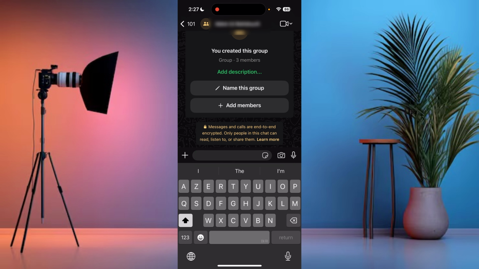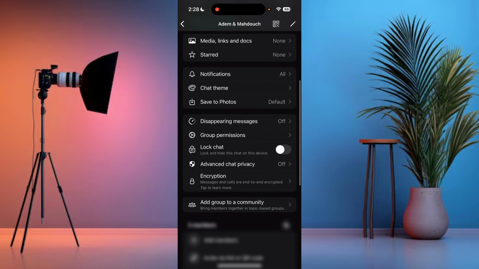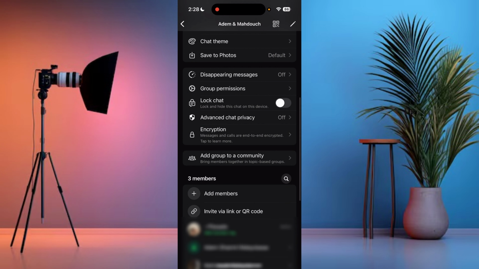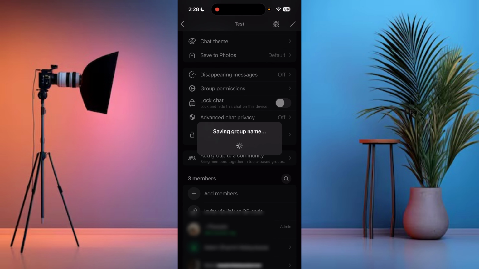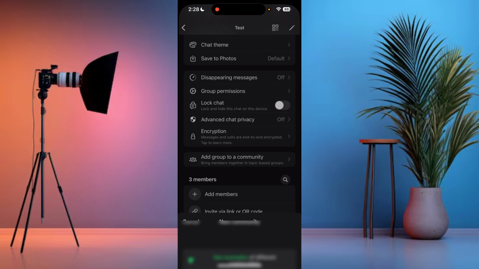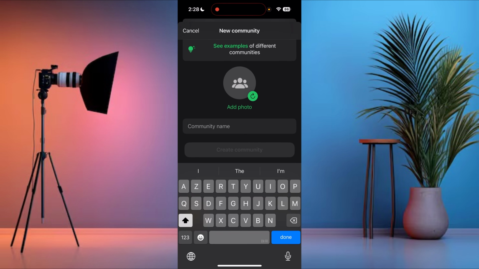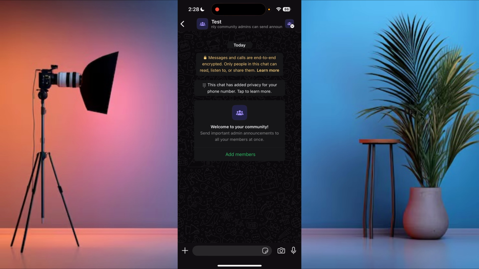What you are going to do next is customize your group. Then in the options you will see add group to community. You click on it, you name the group, then you click on get started, you name your community, and now when you go to your community, here the